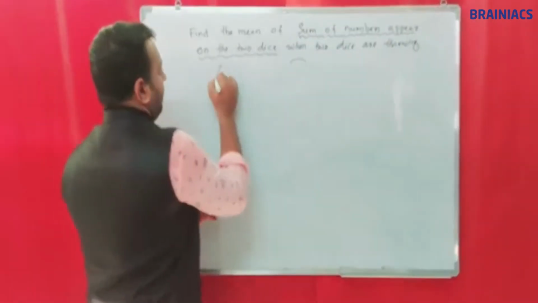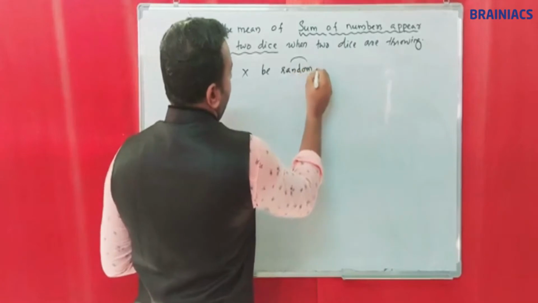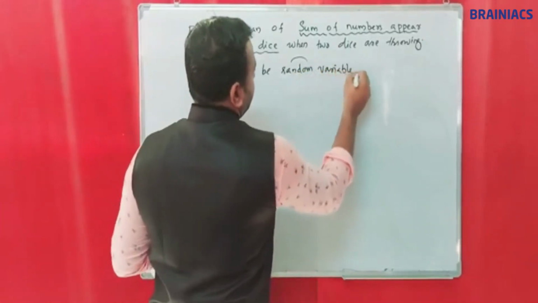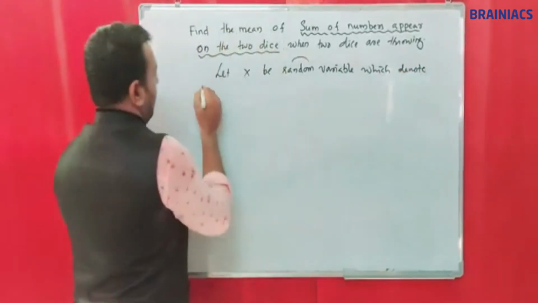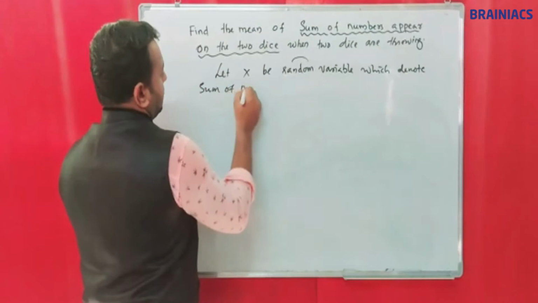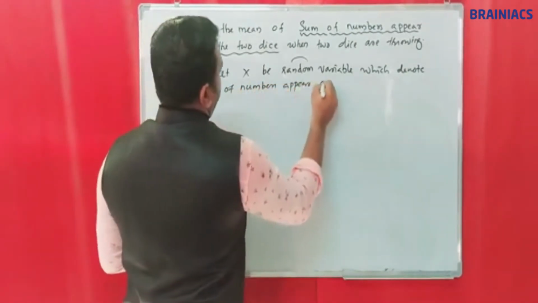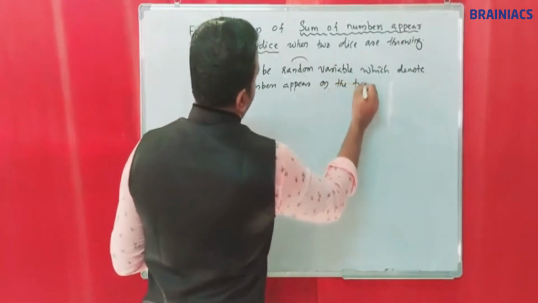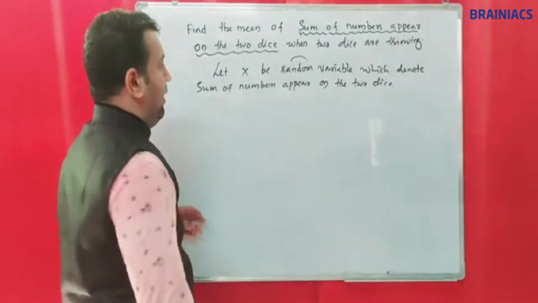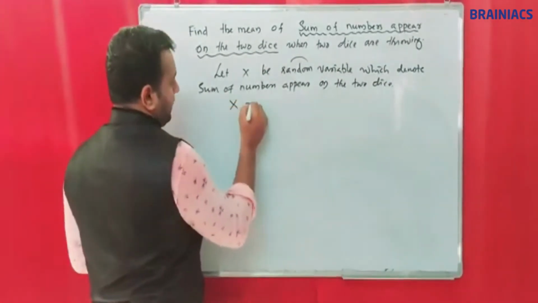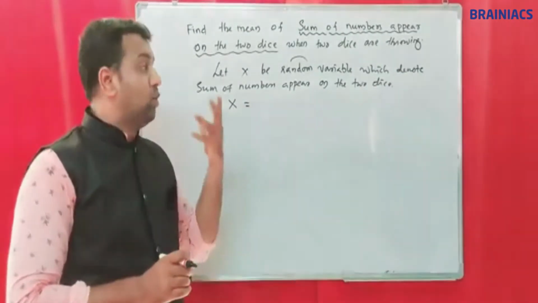So we can write: let x be a random variable which denotes the sum of numbers appearing on the 2 dice. So what values can x take? When two dice are thrown,